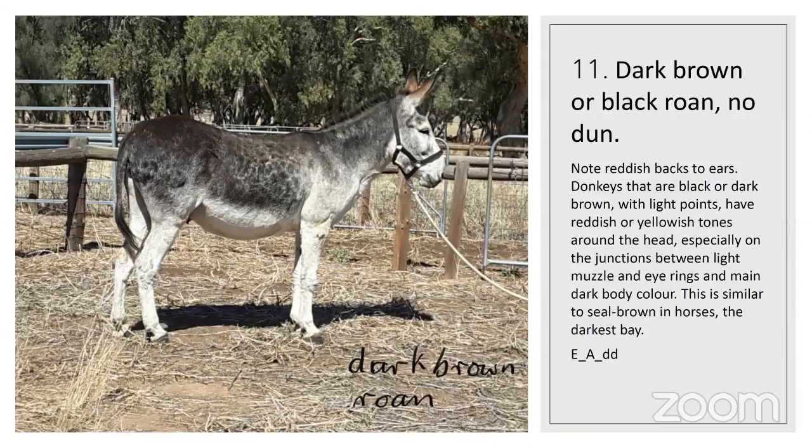I haven't seen one for a long time, so I haven't had a chance to work out whether it's part of the red series or part of the grey dun, black with white points, bay sort of series. One of the interesting things about red donkeys is that the horn of their hoof has little white unpigmented streaks through it. So when you're trimming the hooves and you rasp the bottom side of the wall, the cut surface of the wall of the hoof, you'll see in red donkeys